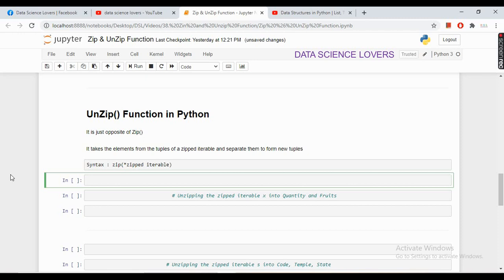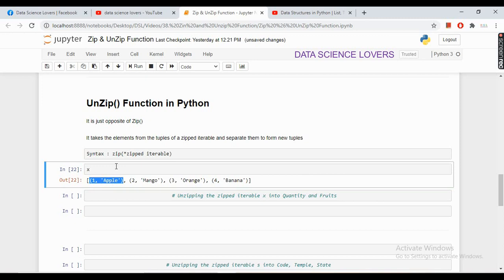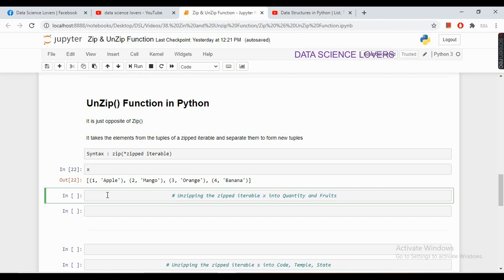Suppose I have a zipped iterable like this, x. Here are 4 tuples which contain 2 elements in each tuple. Now if I want to unzip these elements, then I will simply write zip and with the asterisk sign I have to pass the zipped iterable which is my x here.